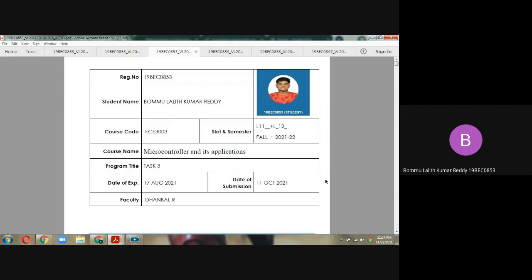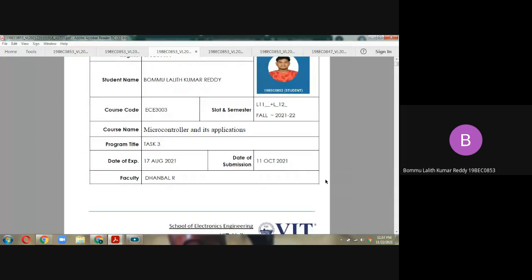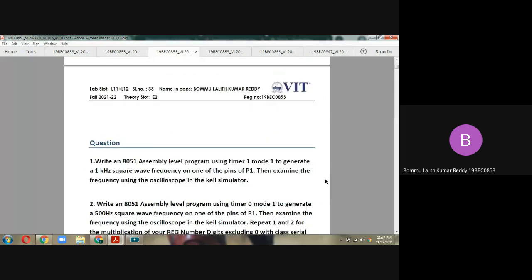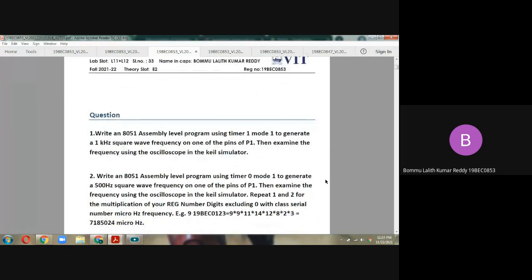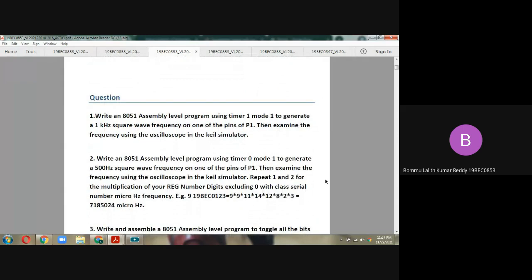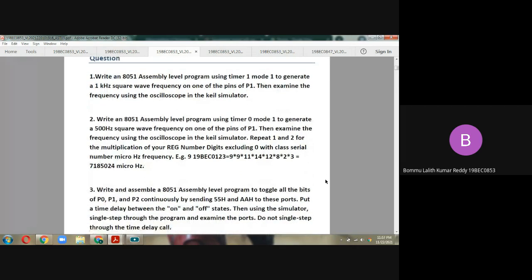Coming to this program, the title is Task 3. This is my Task 3, and the question from Task 3 is: write an 8051 assembly level program using Timer 1 Mode 1 to generate a 1 kilohertz square wave frequency on one of the pins of P1, then examine the frequency using the oscilloscope